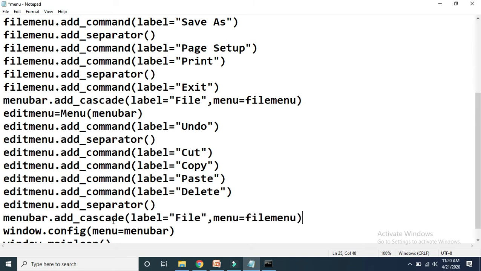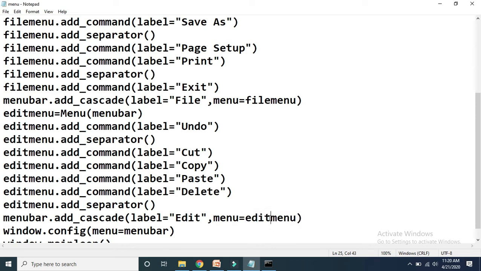We have to call the add cascade method, and this time using this object menu bar, because on the menu bar only we have to add, now not the file menu, we have to add the edit menu, and in the edit menu we have to add some sub menus which are attached to the edit menu object. So here file menu we have to replace by edit menu.